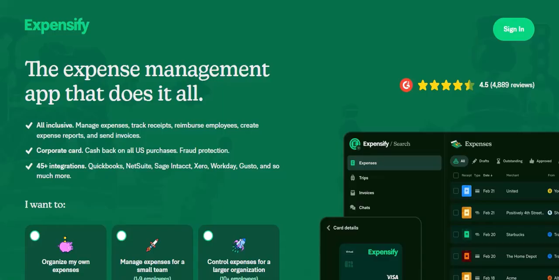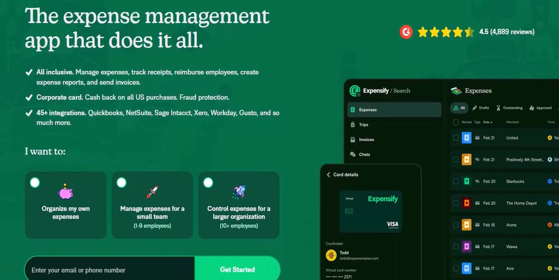Next, for your online purchases or digital receipts, emailing the receipt. Every Expensify account has a unique, dedicated email address, usually something like your name at expensify.com. When you receive a receipt via email, like from an airline or an Amazon order, simply forward that email to